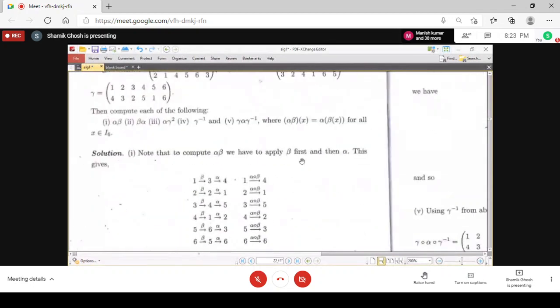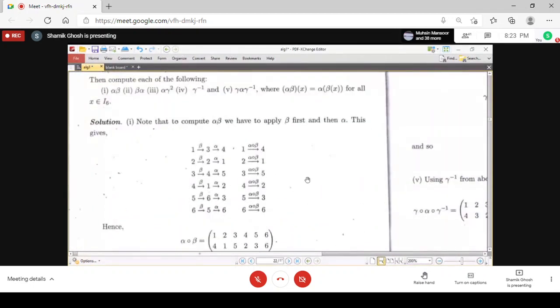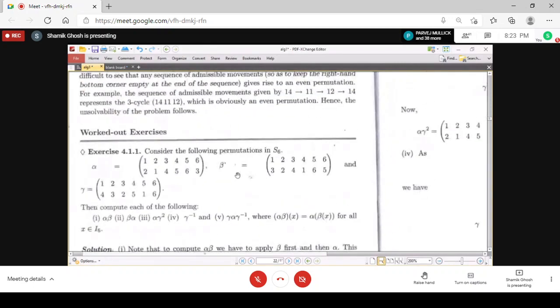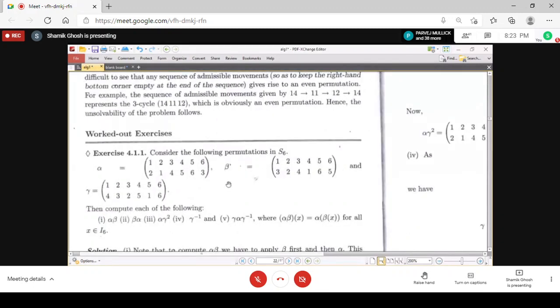Next we go for a very big theorem that is called Lagrange's theorem, where we will prove that the order of the subgroup divides the order of the group in the case of finite groups. You will see that it is a major theorem in group theory, the first major theorem in group theory, and it is classical because it involves some new concepts. So in the next class we will prove Lagrange's theorem.